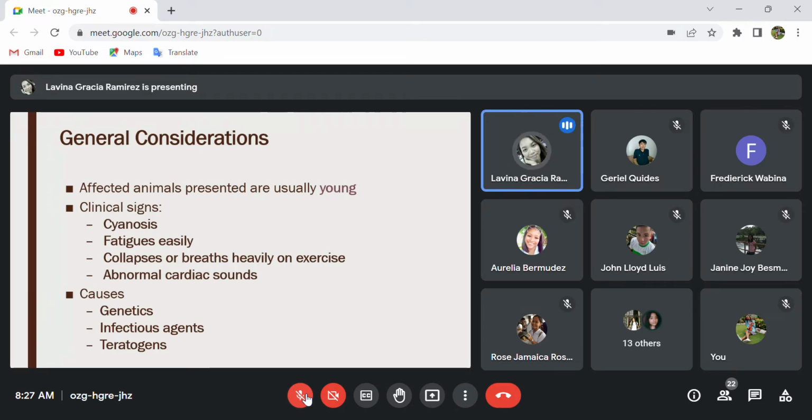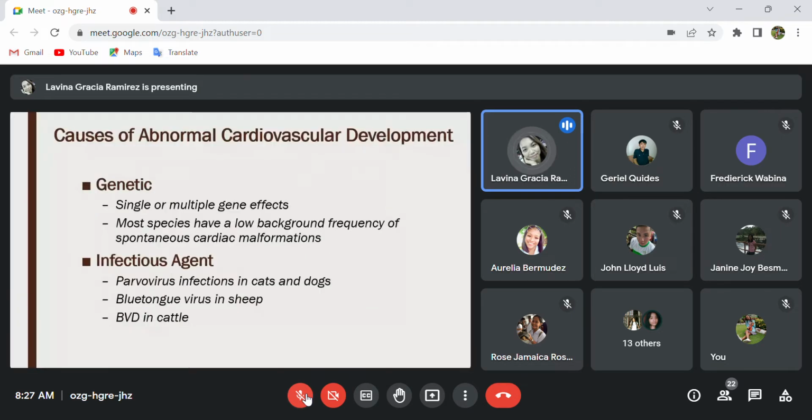And then as it will be affected during the organogenesis, so some changes in the protein, etc., or any of the macromolecules be incorporated. So pagdating doon sa structural development, that will be the time that some portions are not fully developed or abnormally developed. Okay, so as for the genetics, some examples that support the genetic cause for the congenital